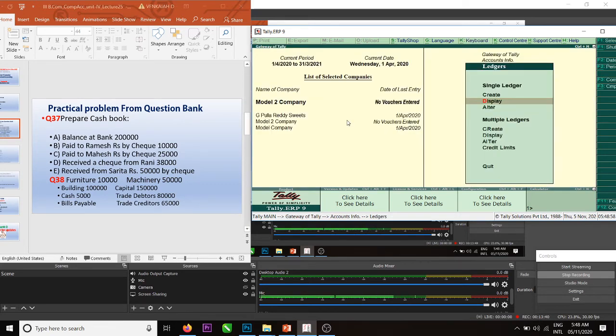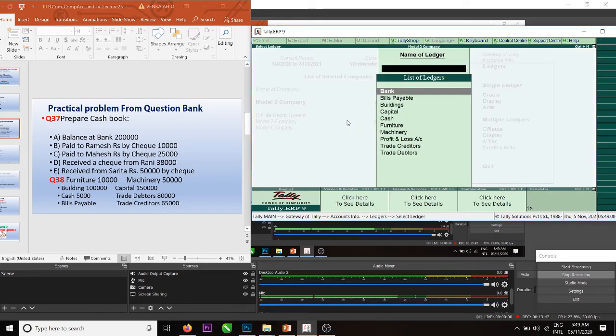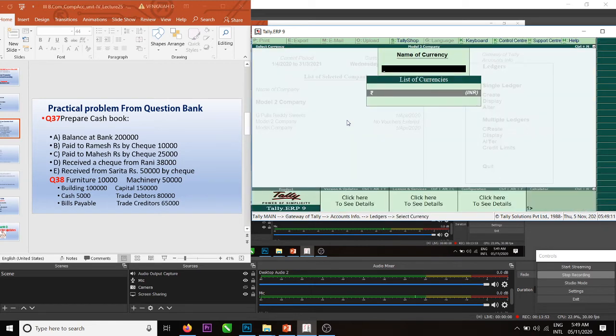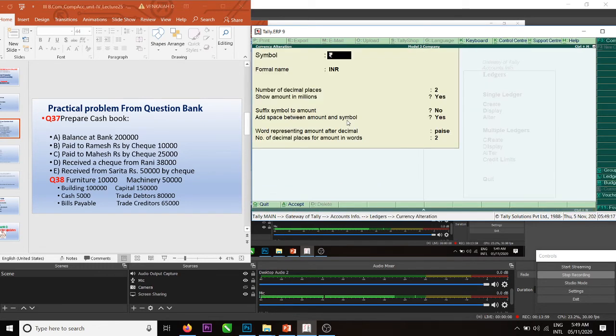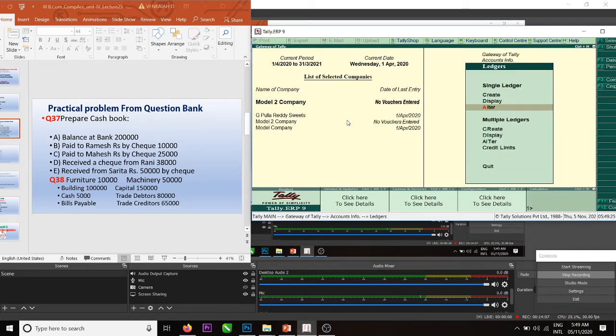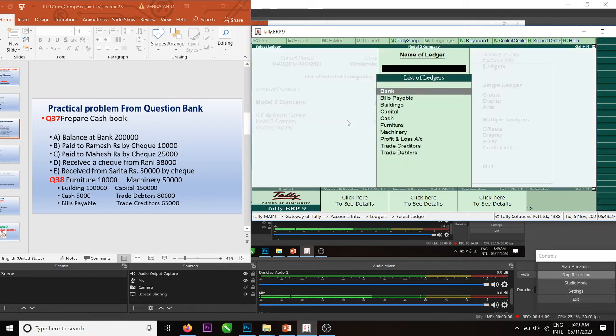Okay, directly we can go for entering the opening balance of cash, 5,000 rupees. Cash. Okay, this cash is in which currency? I want to change the currency of cash. See here, I am in alter mode.